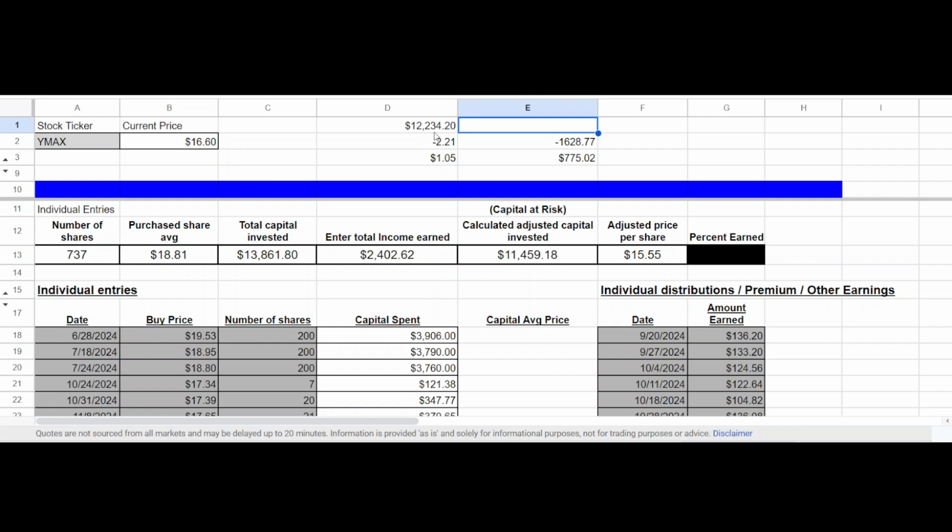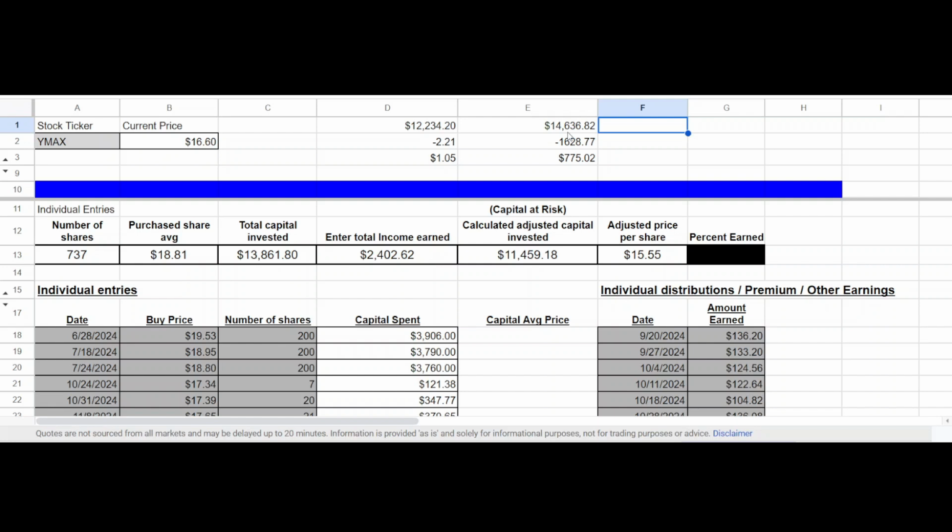Now, is that all I have? Nope. Don't forget, you have your distributions in there as well. So if I want to add that plus my distributions, I can simply say this $12,234.20 and add back in my total distributions. That's going to give me a total of $14,636.82. That's how much I would actually have earned, or my new amount that I would have,